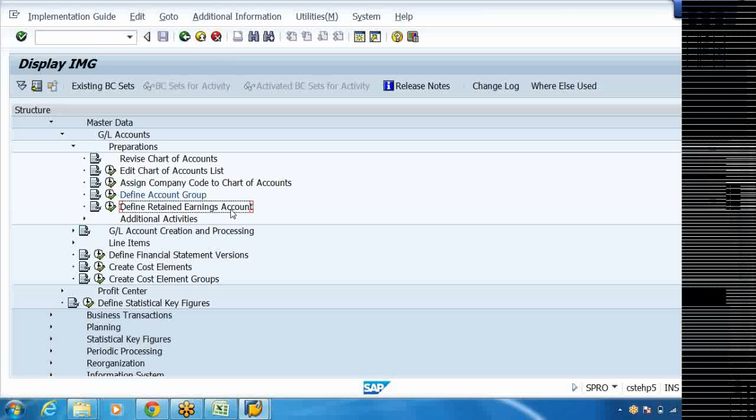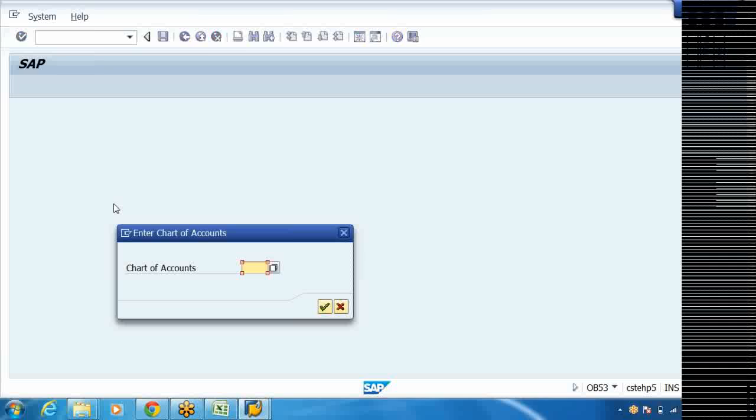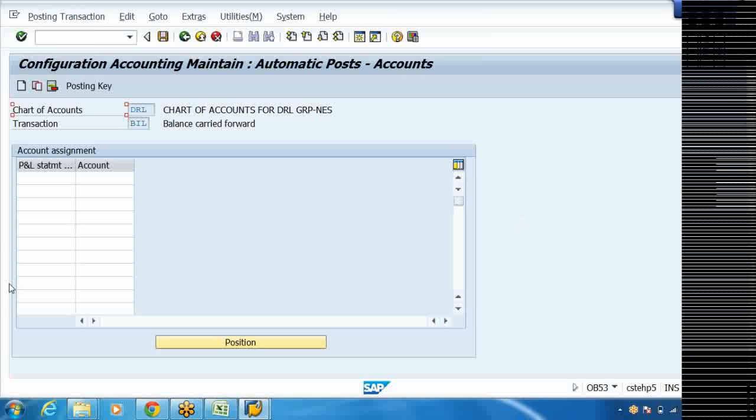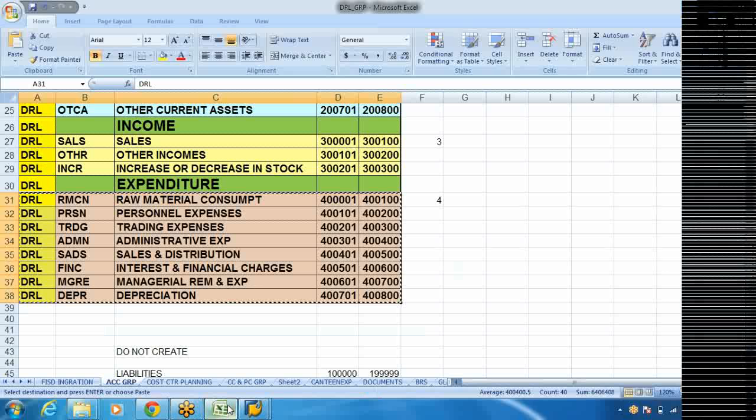Now step number 8, define retained earnings account. Define retained earnings account means what is the retained earnings number? Now it will ask what is your chart of accounts. Say DRL. Profit and loss account statement X. X is equal to my